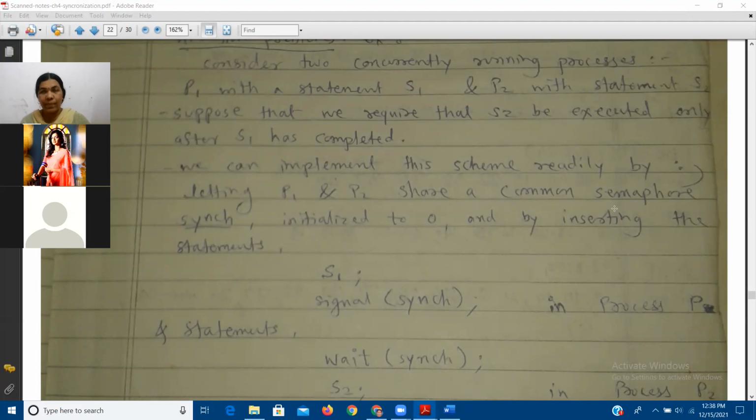So if we apply FCFS, P1 is able to enter the washroom. But how many minutes are there? Only 10 minutes to utilize the washroom. So what should the operating system do? As the available time is 10 minutes and two processes are there, the time should be equally distributed. First 5 minutes will be given to process P1 and the next 5 minutes to process P2. Listen carefully to understand the concept of semaphore here.